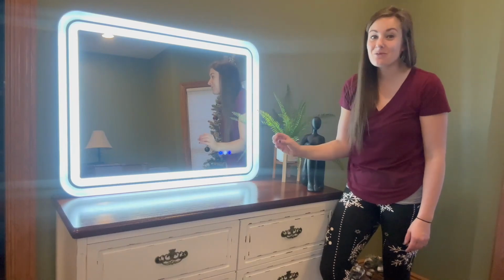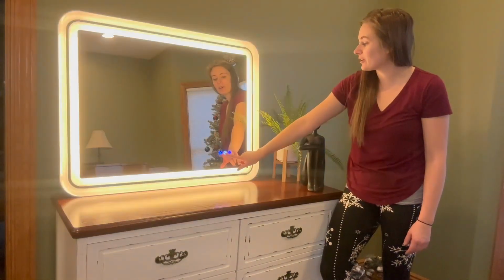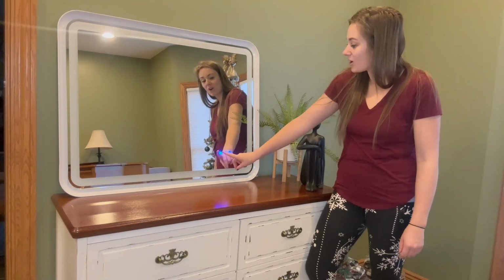There are 3 different colors. Your first one, second, and then third. Touch it a 3rd time and it will turn off. Now, if you press the button on the far right,